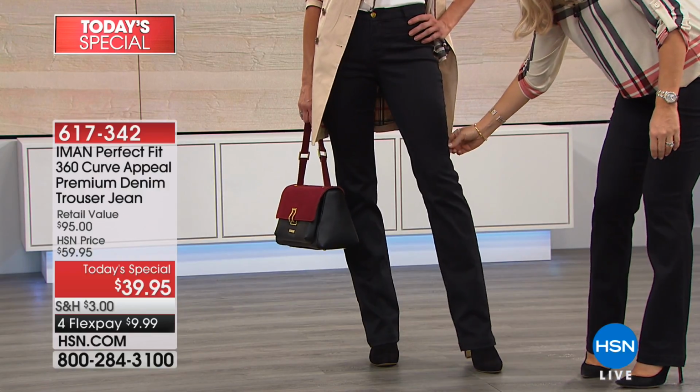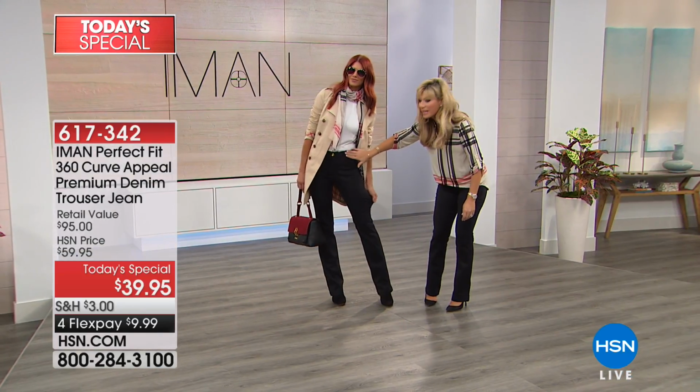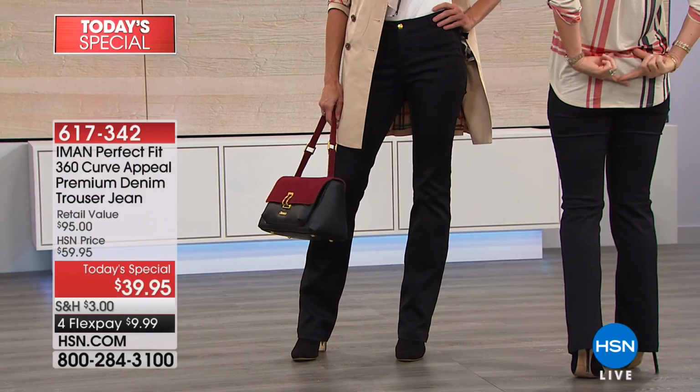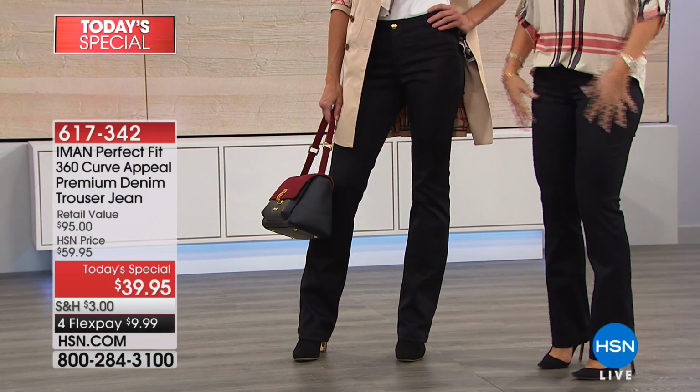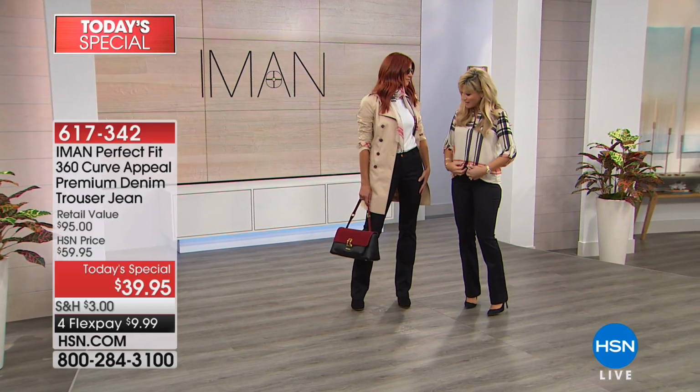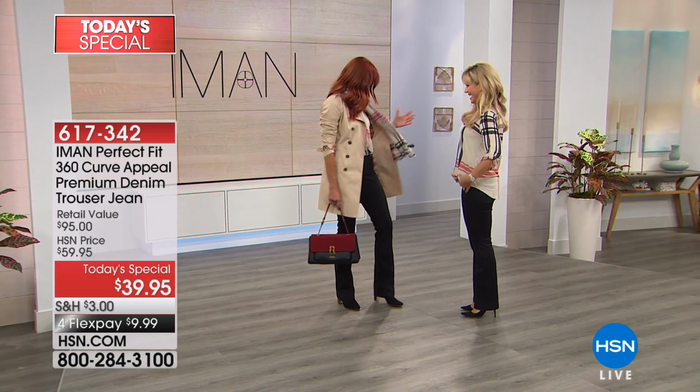The stretch is divine. Notice there's a smoothing effect going on in the front here. So it's in the front, it's also going all the way around into the back. So it's absolutely amazing, and it feels like silk, doesn't it? It does. You're very comfortable. Are you proud of the tuck? I am proud of the tuck, and it seems like you and I...